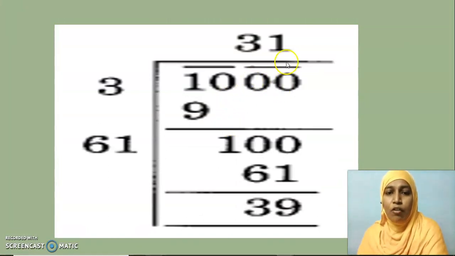To begin with, I have to place bars from the back, 2 digits together. Here 0 and 0 under one bar, 1 and 0 under another bar. Then to start with, 10 in the first bar. 2 2s are 4, which is much smaller. So I wrote 3 3s are 9. This 9 should be written below the 10, not in tens place. Then if I subtract 9 from 10, I will get 1.